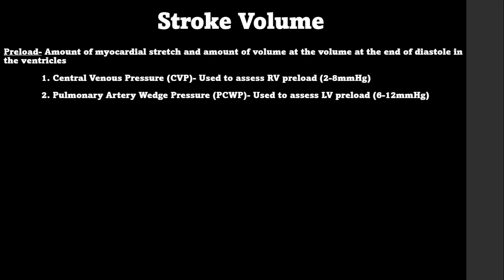If the right ventricle isn't effectively pumping and emptying, the right atrium and superior and inferior vena cava will back up and cause a higher pressure. We will discuss this when we make our critical care course video, but this is why jugular vein distension occurs in right heart failure. Pulmonary capillary wedge pressure is measured 6 to 12 millimeters of mercury and is used to